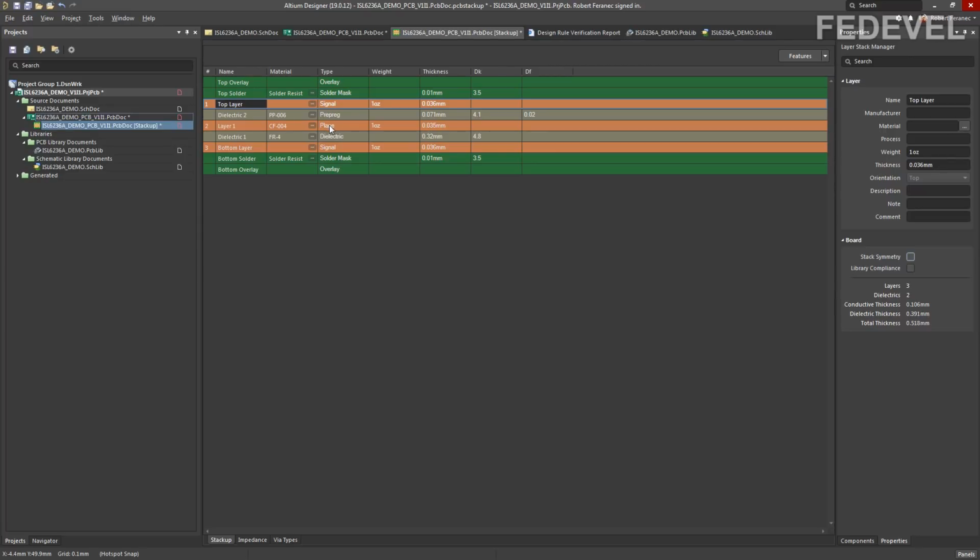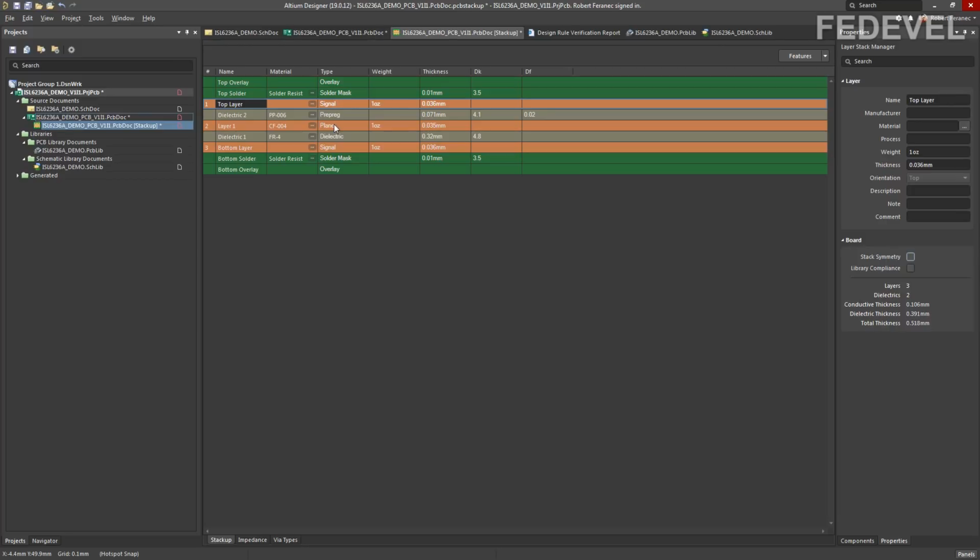Plane is a different kind of layer. On the signal layer you draw the tracks. On the plane you basically draw the spaces between the objects. I don't want to confuse you, but if you are not sure, always use just signal layers, okay? On signal layers you can draw the tracks.